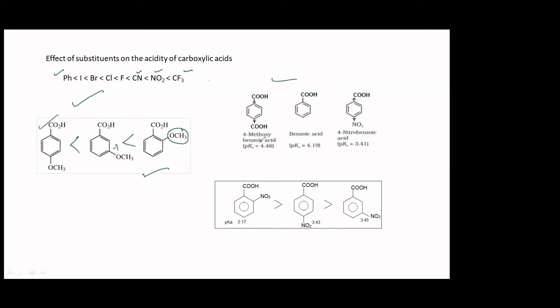So this one here, it is generally asked and students get confused. If there are 2 COOH groups, they think that it is highly stabilized, but you can see the pKa is 4.46, which is less acidic than 4.19, which is benzoic acid. However, the most acidic one is the nitrobenzoic acid. So this is also sometimes asked. I have seen students generally get confused here.